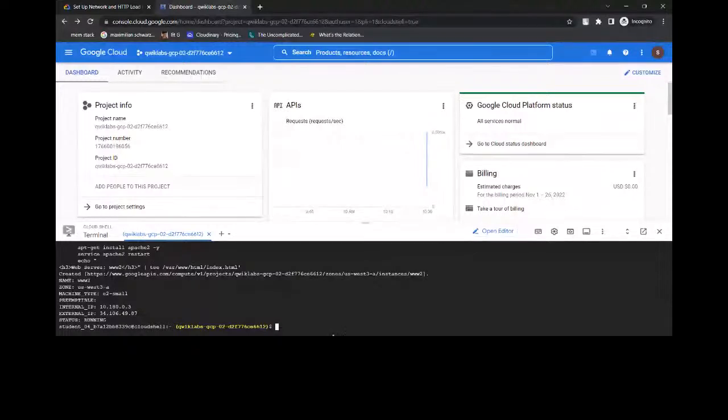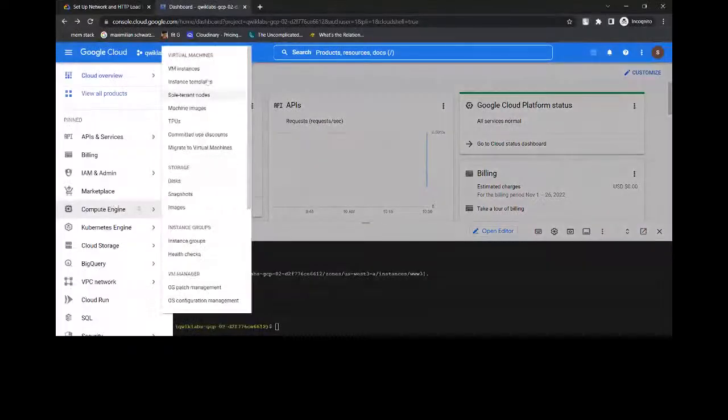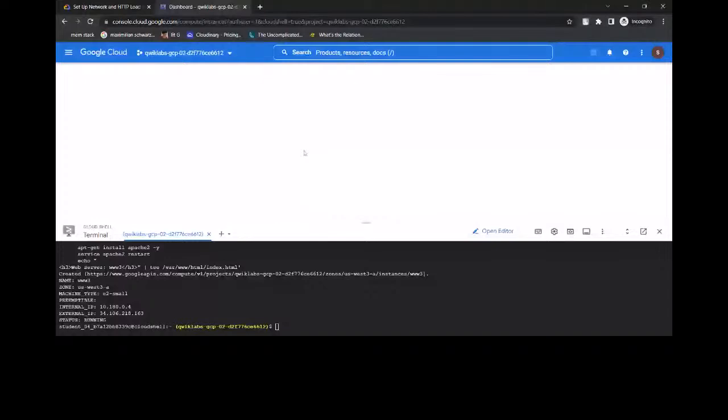Second is done too. And finally, our third instance. Okay, so all the three instances are running. We can check this. See, we created three instances. All of them are in the running state. We have their internal